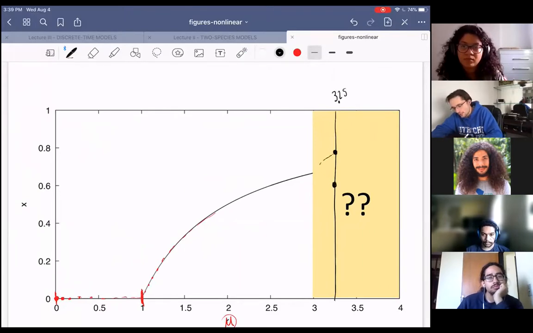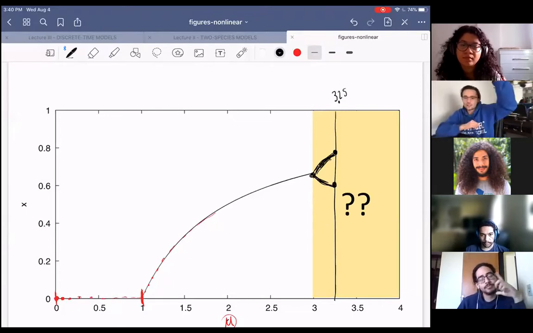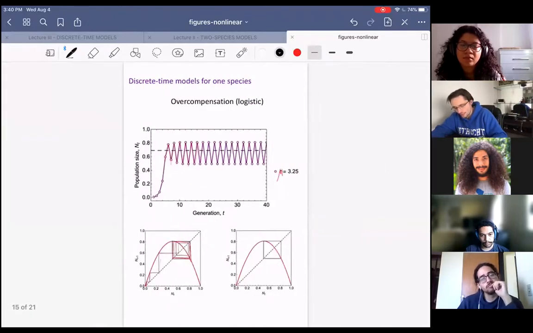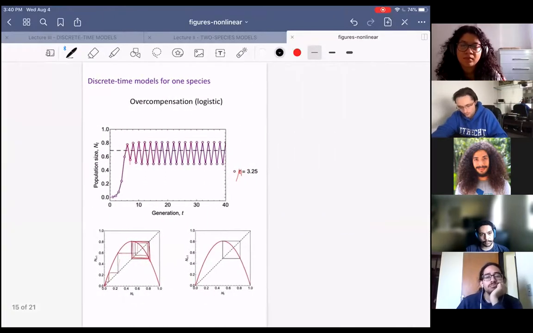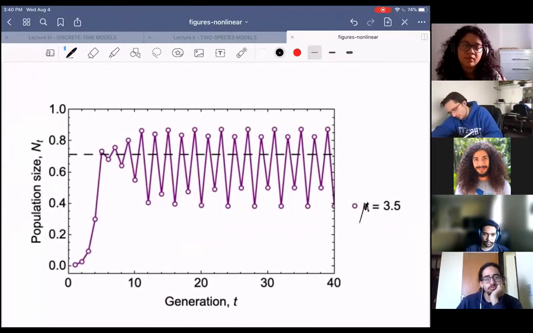As you change R, I will show you the full plot afterwards. As you decrease R, you will see that what we have is what is called a period doubling bifurcation, where basically our system goes from having only one fixed point to having oscillations between two of them. But let's keep playing with mu. If now I take mu equal to 3.5, and I do my time series,